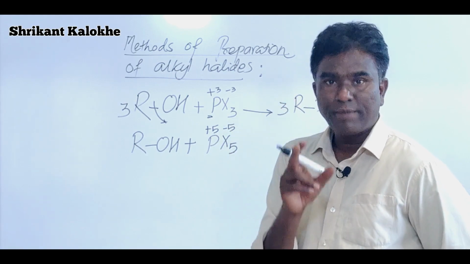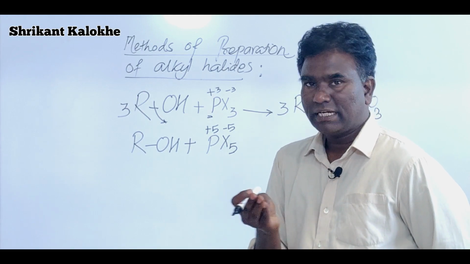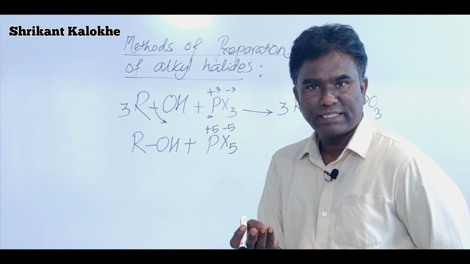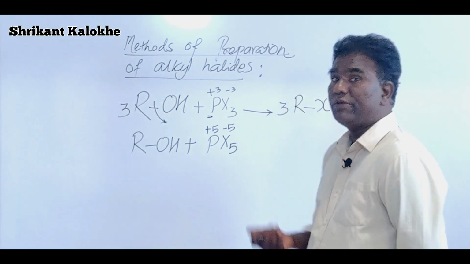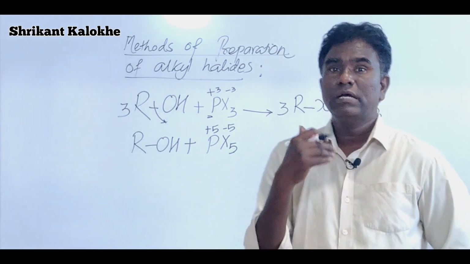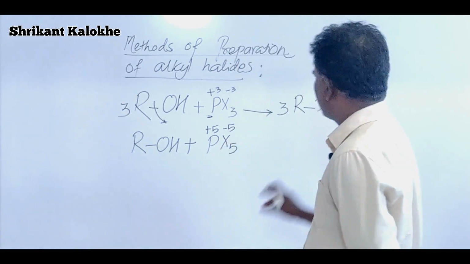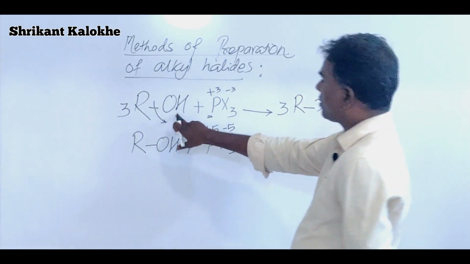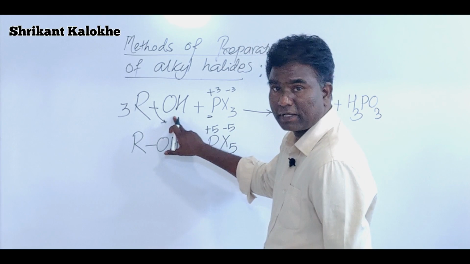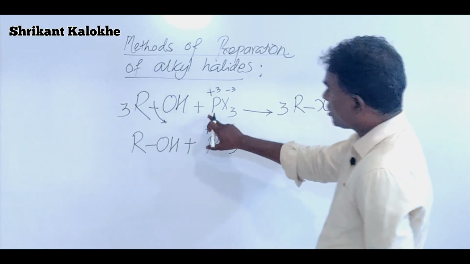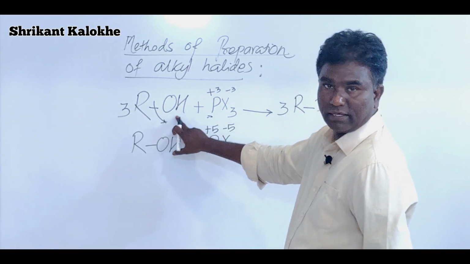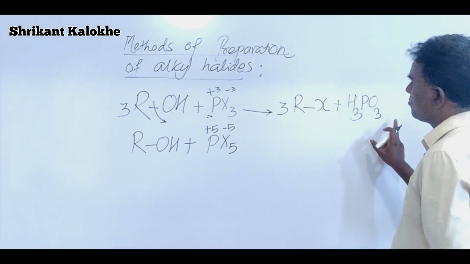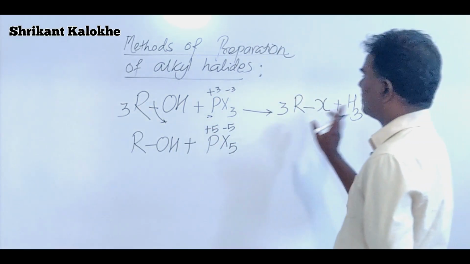And remember one more line, that hydroxides of metals are bases and hydroxides of non-metals are acids. Even sulfuric acid is also the hydroxide of sulfur. So here the side product is the hydroxide of phosphorus, and because of its acidic character we don't write P(OH)3 but we write H3PO3. So this is the balanced reaction.